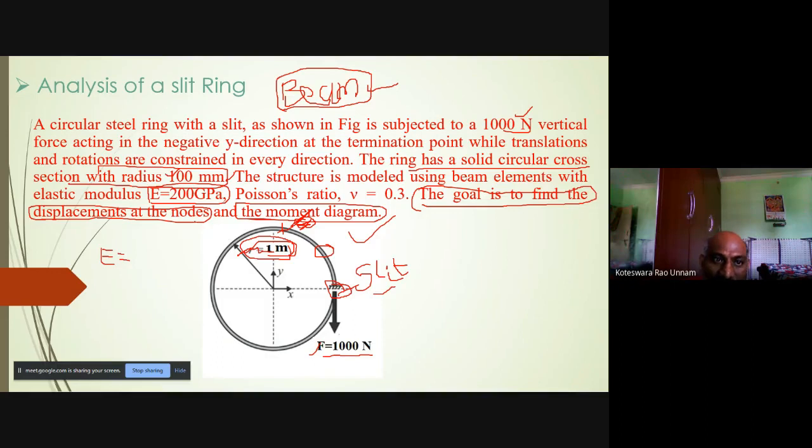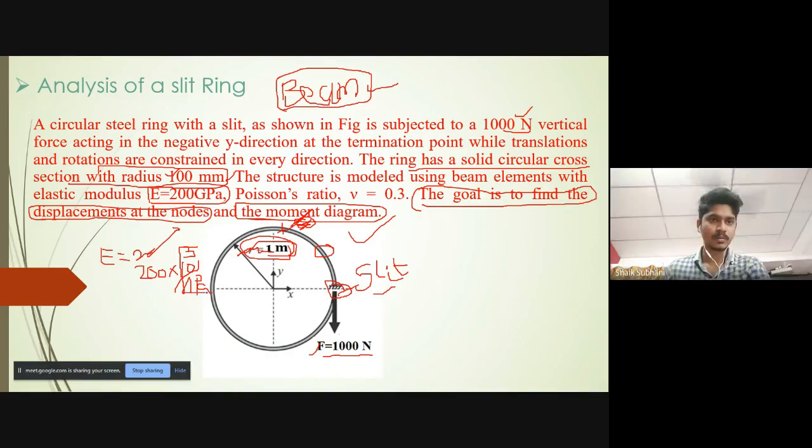So if I convert this into Newton per mm square, 200 GPa: 1 GPa I can write as 10 power 3 MPa, because giga means 10 power 9 and mega means 10 power 6.